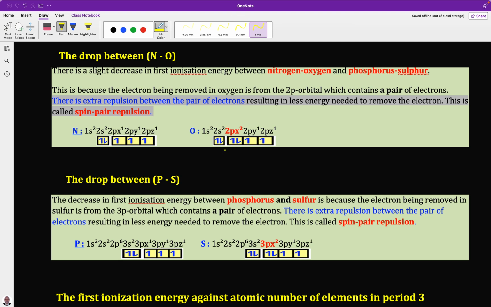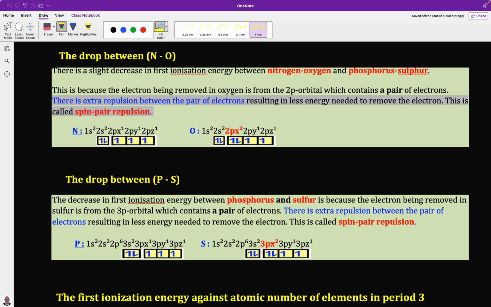So it takes us to what we call spin pair repulsion. Spin pair repulsion: the electrons that are spinning in opposite directions. There is repulsion between the electrons that are spinning in opposite directions here. So we can now say